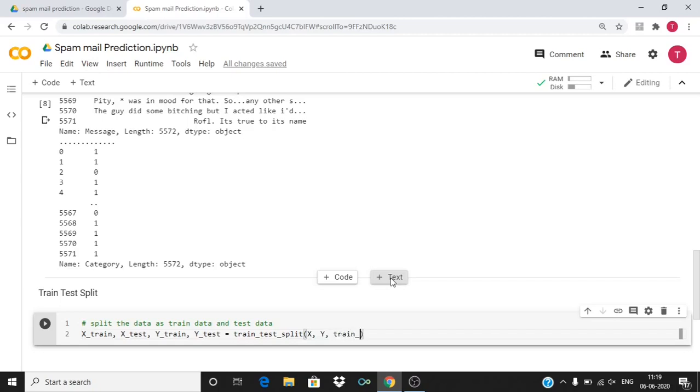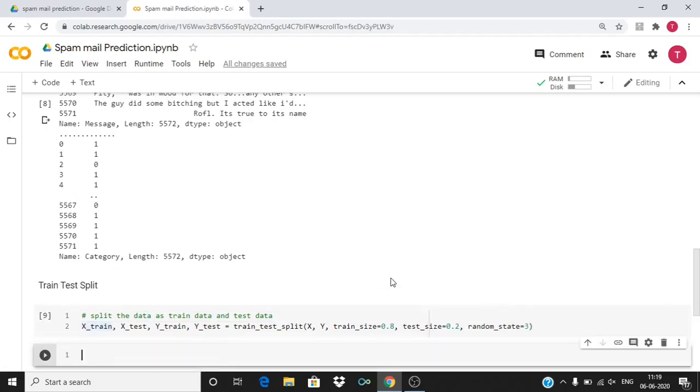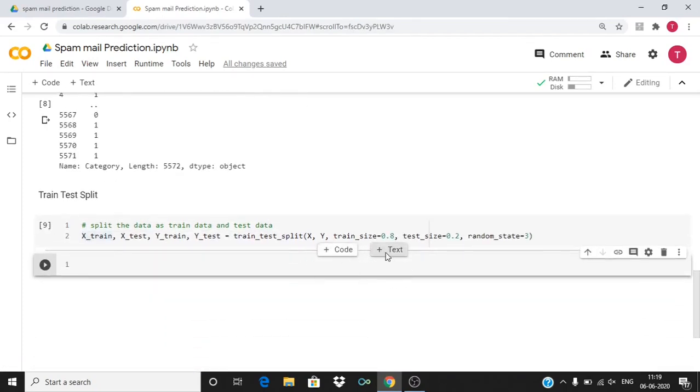So train size. So train size represents how much data you want for training samples. So let's make 80 percentage of training data. So 0.8 represents 80 percentage of data should be training data, and for testing we need 0.2, that means 20 percentage of data. So like for 5000 samples, 20 percentage will be the test size and the remaining 80 percentage will be trained on the model. So random state is equal to 3. So it splits the data in a specific way. You can put any value you want. So if you want to split the data the same way you did before, you need to specify the same random state. So I'll run this.